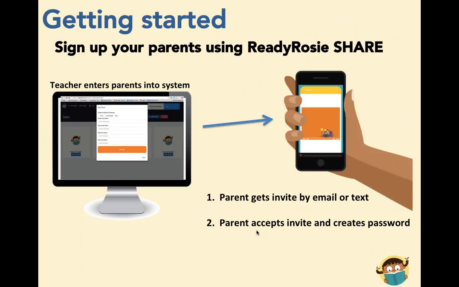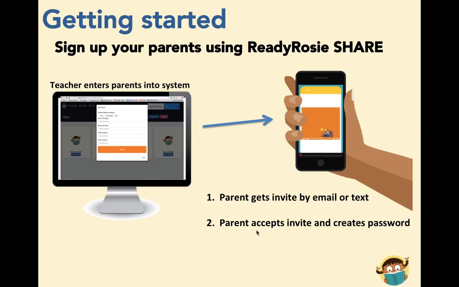When you enter a parent into the system, it will send them an email or text or both, depending on how you registered them to get it. That is simply a message from ReadyRosie, but it says it's being sent from you. So it'll say, Miss Martinez is inviting you to join ReadyRosie. Here's what it's about. They can click on a link to find out some more about it. And then they just simply press a button to accept an invite